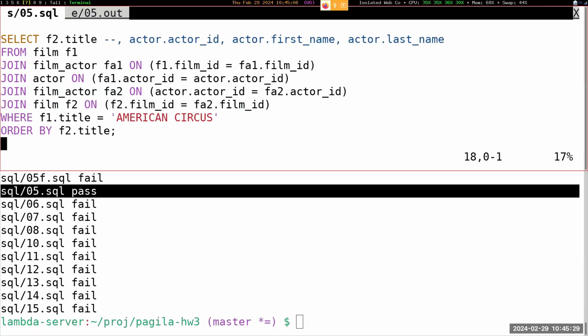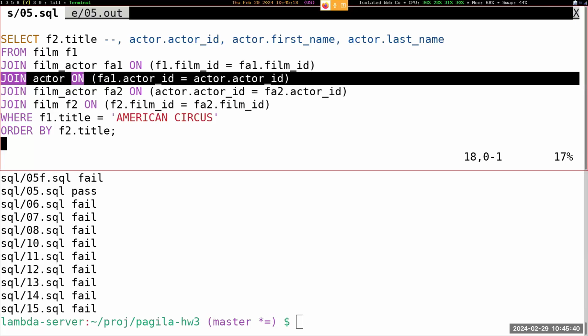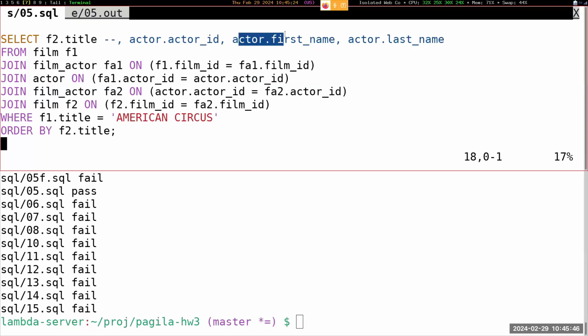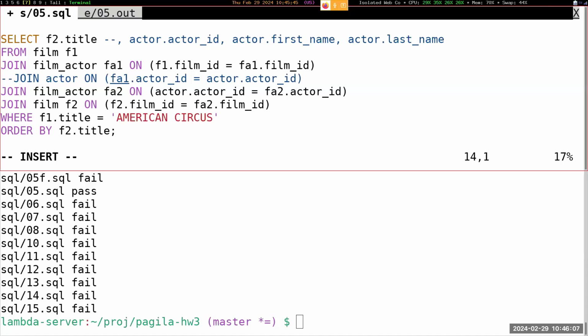Okay, so this is an example of a full credit answer. It is passing the test cases, but there is a better full credit answer, an easier one, and that is that we don't actually need this actor table anywhere. You'll notice that now that I've commented out this stuff up here, I'm never using this first name. I'm never using this last name over here. I'm only using the actor ID, and the actor ID is contained in the film actor tables over here. So there's no actual need for me to join on the actor ever. And if I comment out that table,